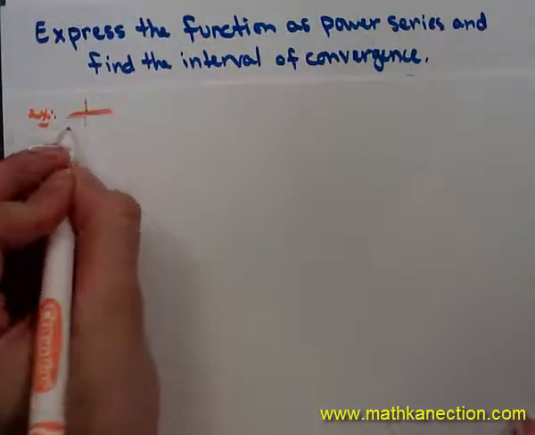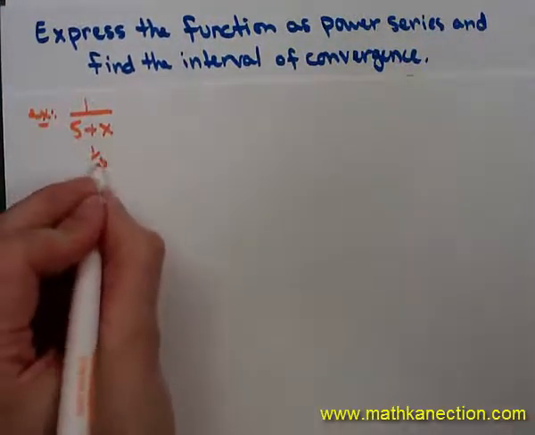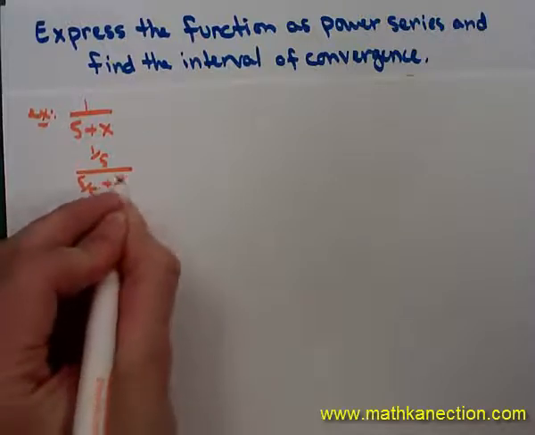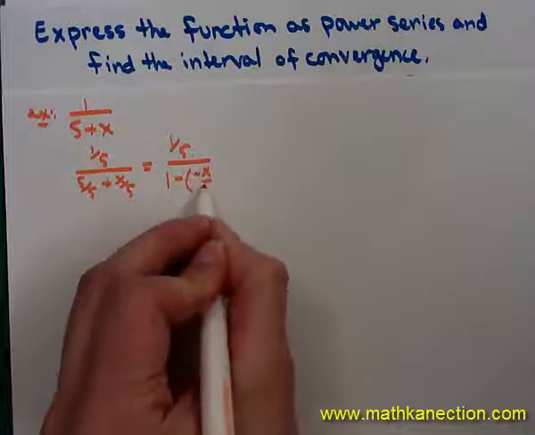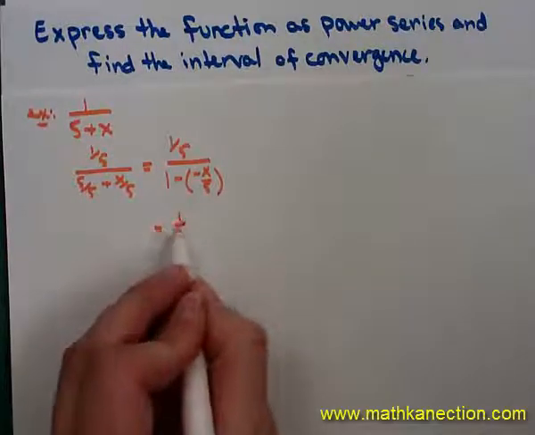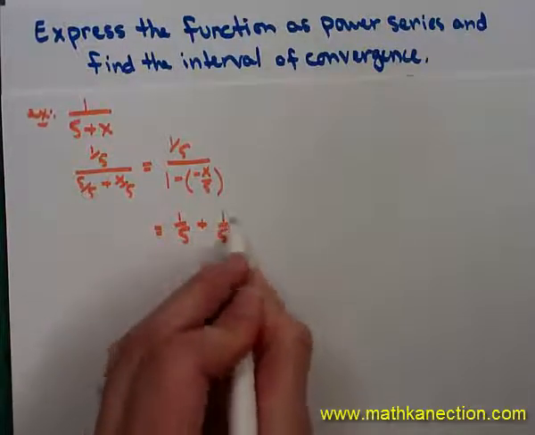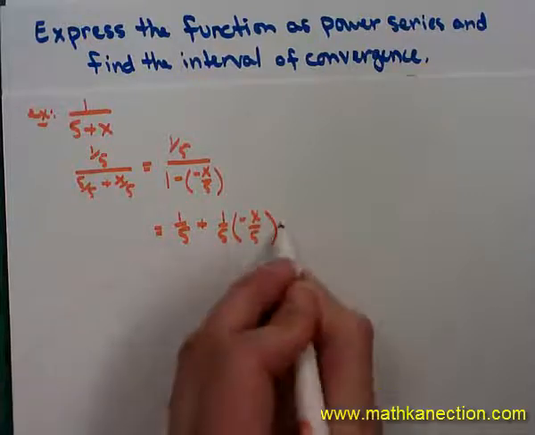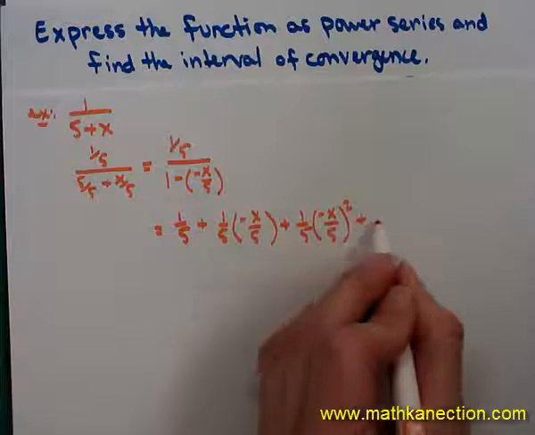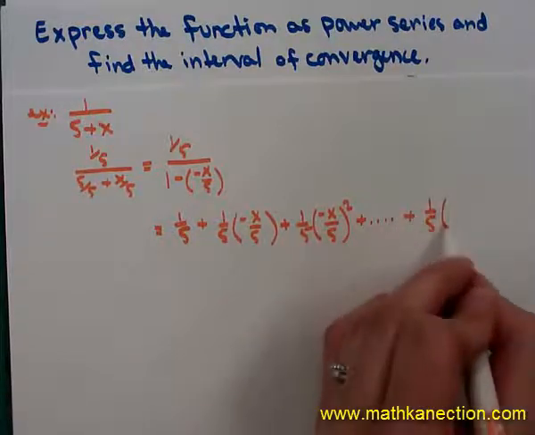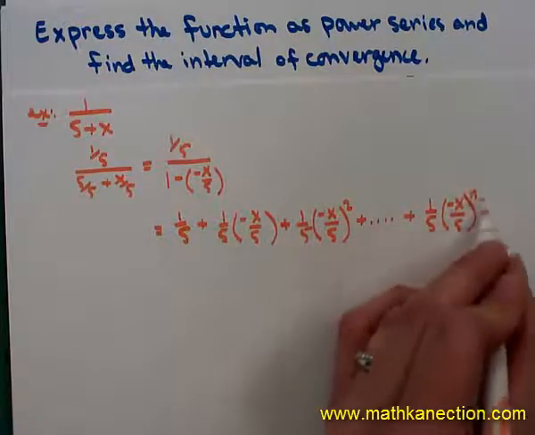The next example, we'll look at 1 over 5 plus x. So that's dividing by 5 to get into the form of a over 1 minus r. We have 1/5 over 1 minus negative x over 5. So expanding that out as the power series, we have 1/5 plus 1/5 times negative x over 5 plus 1/5 times negative x over 5 squared on to 1/5 times negative x over 5 to the nth power,